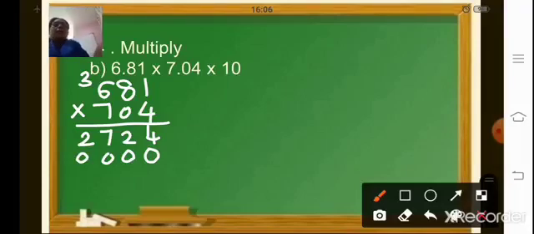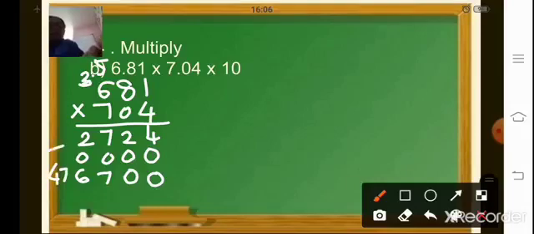You can start multiplying with 7. Now start multiplying with the 7. Ones place 0, tens place also 0, 7 is in the hundreds place, so 7 ones are 7, 7 eights are 56, 5 carry over here, this we are finished with, 7 sixes are 42, 42 plus 5, that is 47. Now add the numbers.